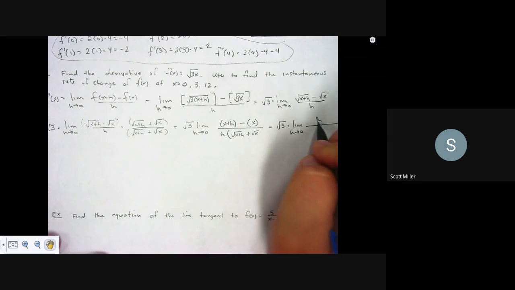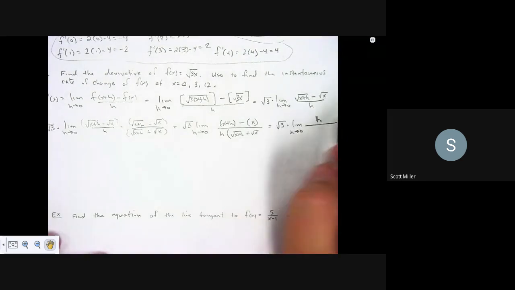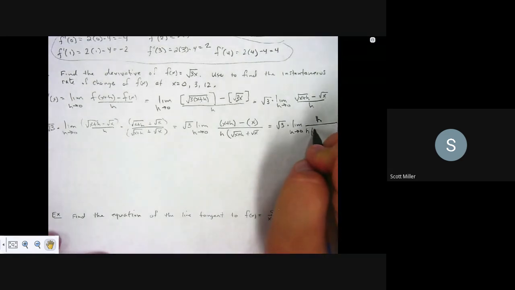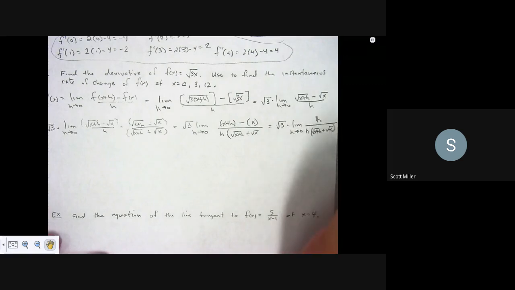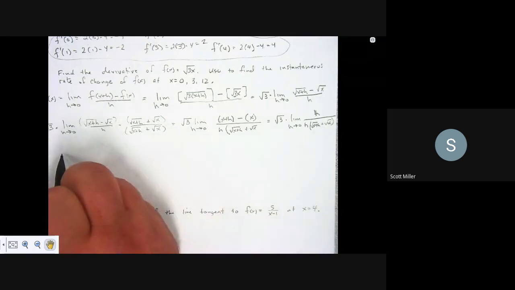h on top. The x's drop out, you're left with an h. There's the h on the bottom. And so you have this expression right here. So the h is reduced out. Okay? And you're left with, as you clean everything up,